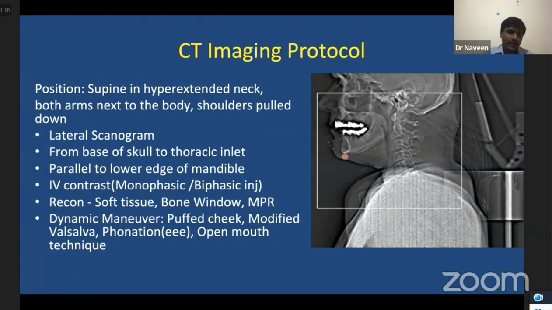Later, the reconstruction with soft tissue and bone window can be done depending upon the structure we want to visualize. Multiplanar projections and reconstructions can be done. Various dynamic maneuvers are recommended